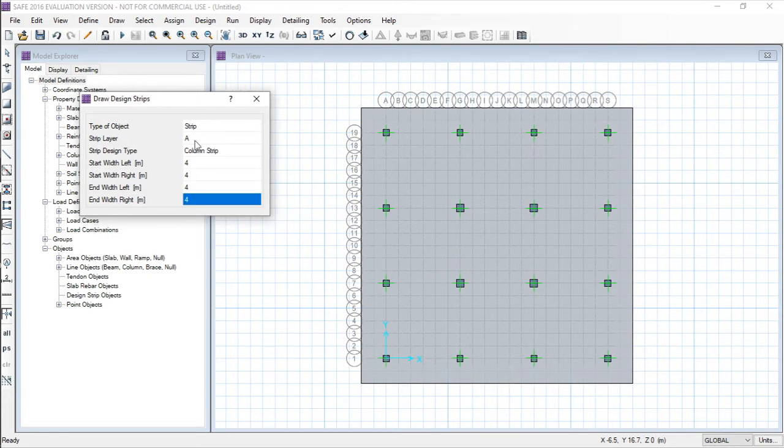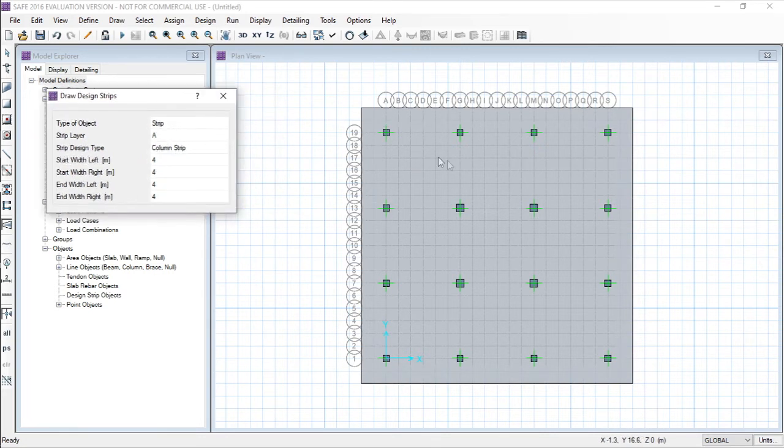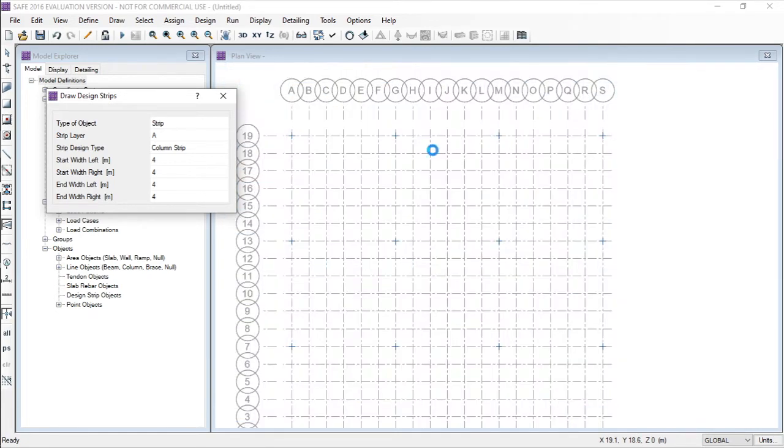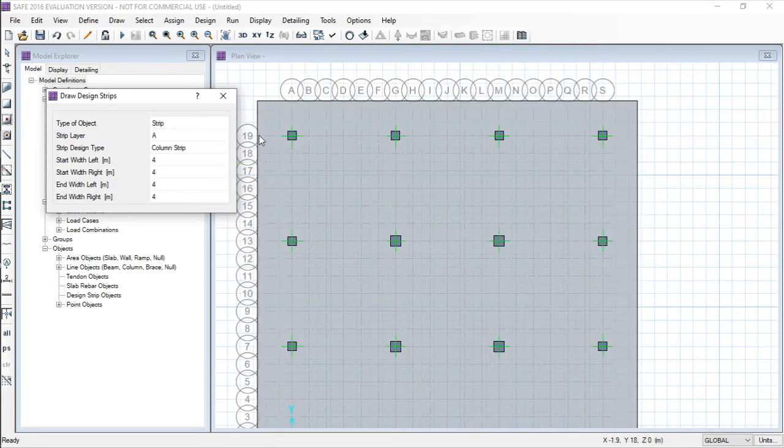Now select the column strip and the strip layer as A for the X direction, and I will select letter B for the Y direction. So I am selecting the A first. Now drawing the design strip. The design strip must pass through the center of each column.